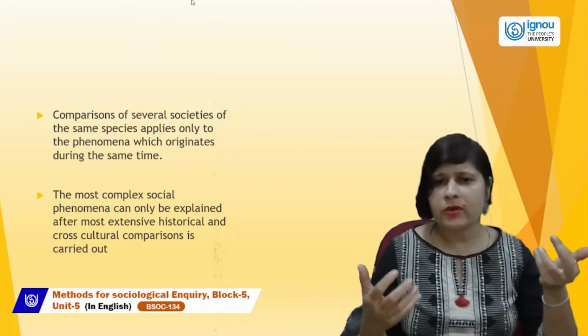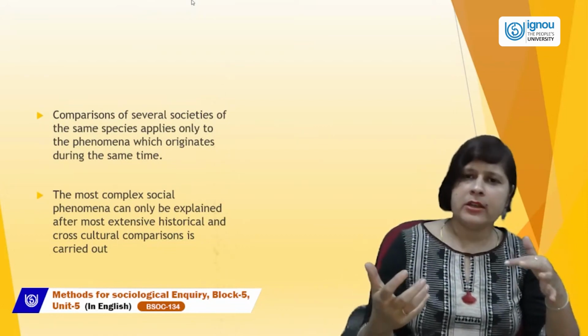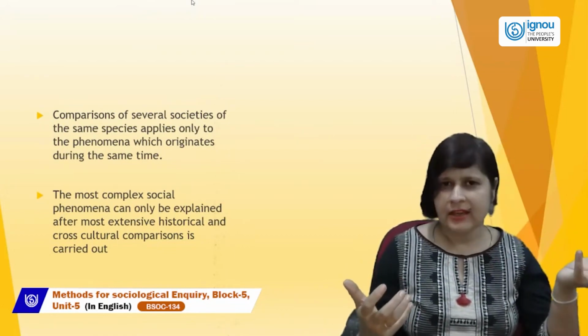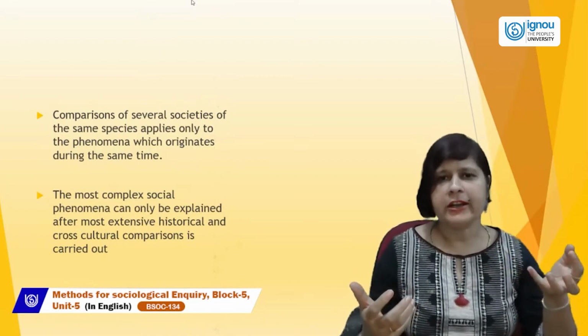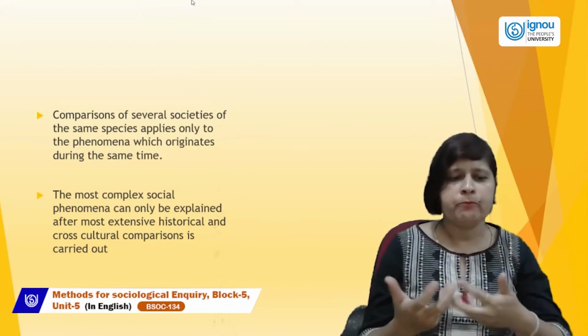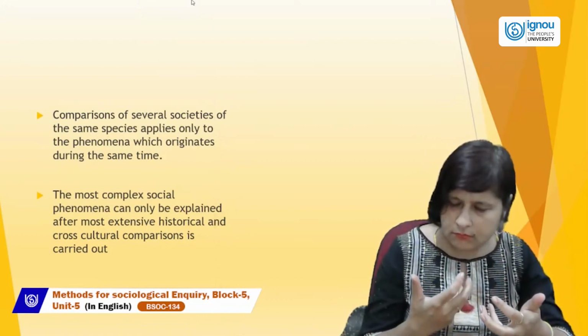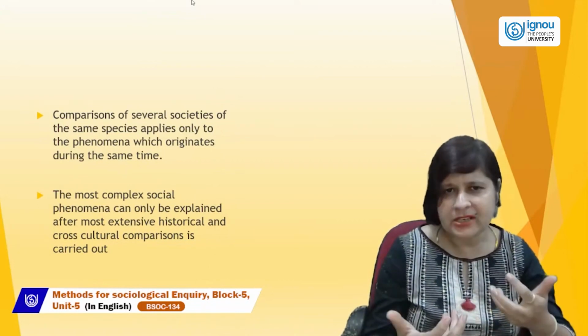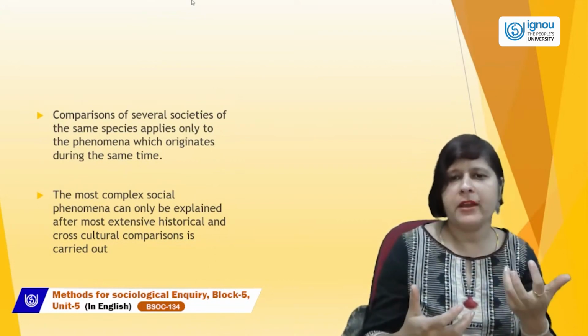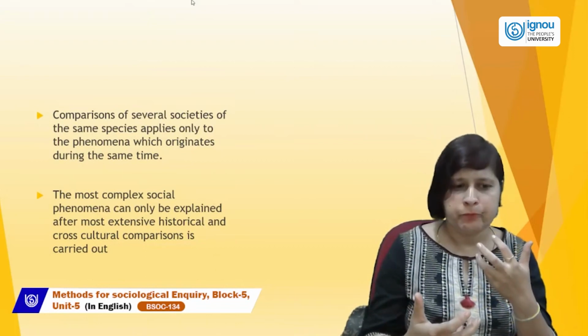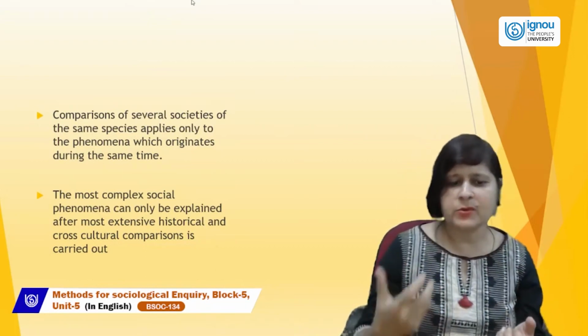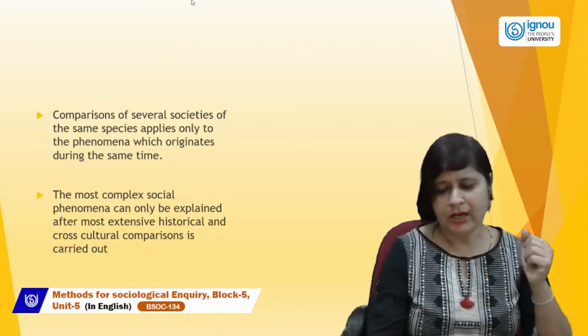We discussed the historical details or historical data in our previous lecture, and how important it is, we already discussed. So you can compare a complex society only by explaining the historical as well as the cross-cultural